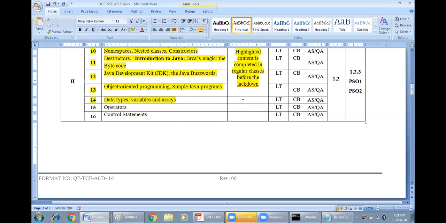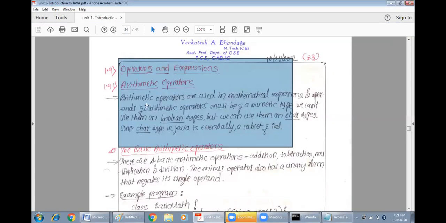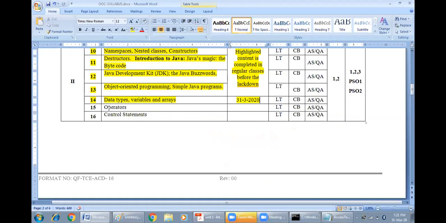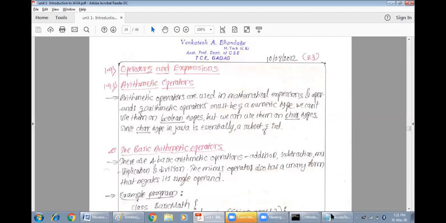It is completed. What is the date today? 31/3/2020. I will highlight it. It seems we have completed this part. I will save the file for better usage next time. Operators and expressions is the next part. When you see the syllabus, we have operators and expressions, then control statements. So operators I will be covering in the next session.